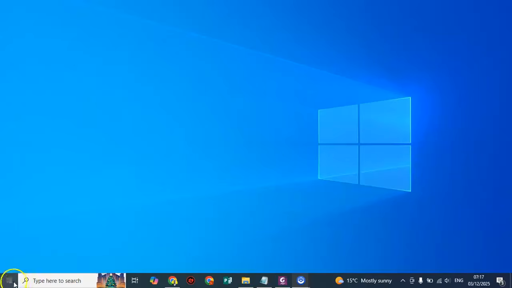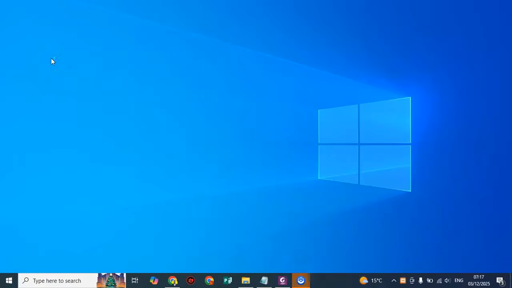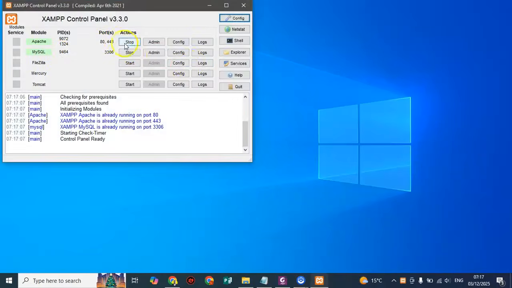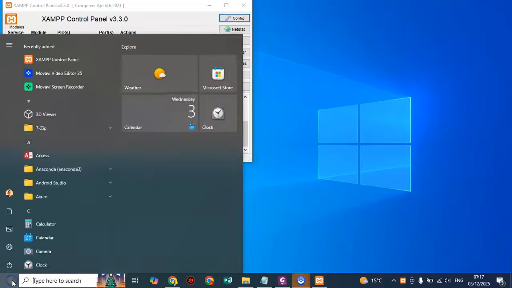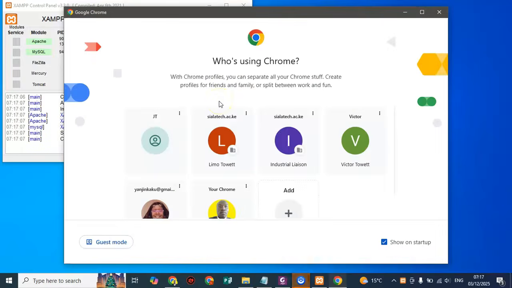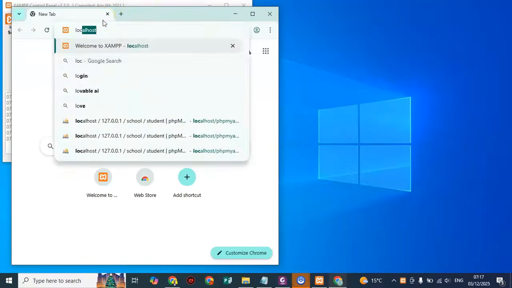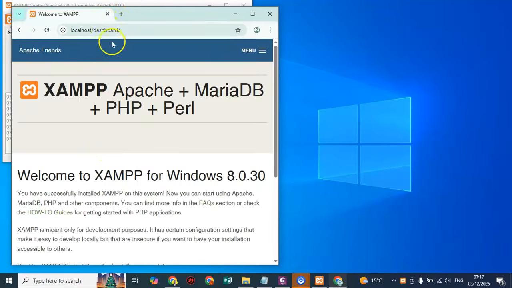I want us to launch our XAMPP control panel like that. Once that runs, these ones are automatically picking, so they are already up and running. So we will need to open Chrome, because we are using a browser. You can use any browser of your choice, but I love Chrome for one reason. It's quite stable. So once we have this, we will just come here and then type here localhost, and then you have